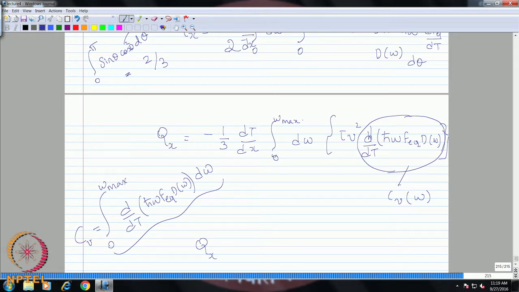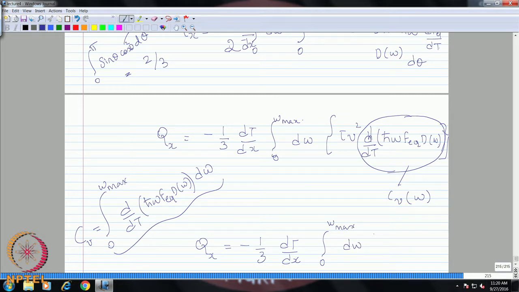For generic cases, the relaxation time is also a function of frequency, because if you go back and see the different kinds of scattering mechanisms, we have talked about phonon scattering. So, for example, the Umklapp scattering is a function of frequency, and same way the phonon impurity scatterings, right, that is similar to your Rayleigh scattering. It is a function of frequency to the power 4. So, therefore, in all these cases tau is also a function of frequency, and we cannot simply assume this to be a constant. So, therefore, we can write this as 1 by 3 dT by dx,